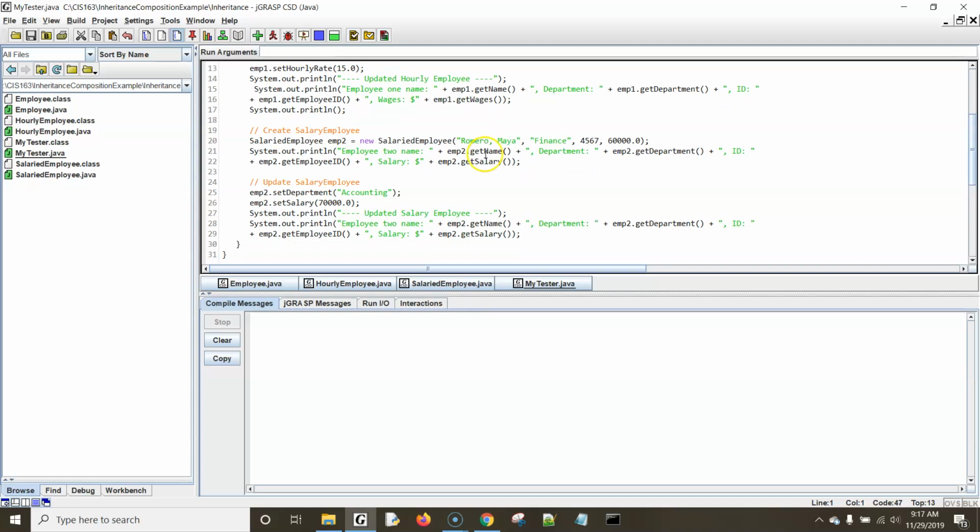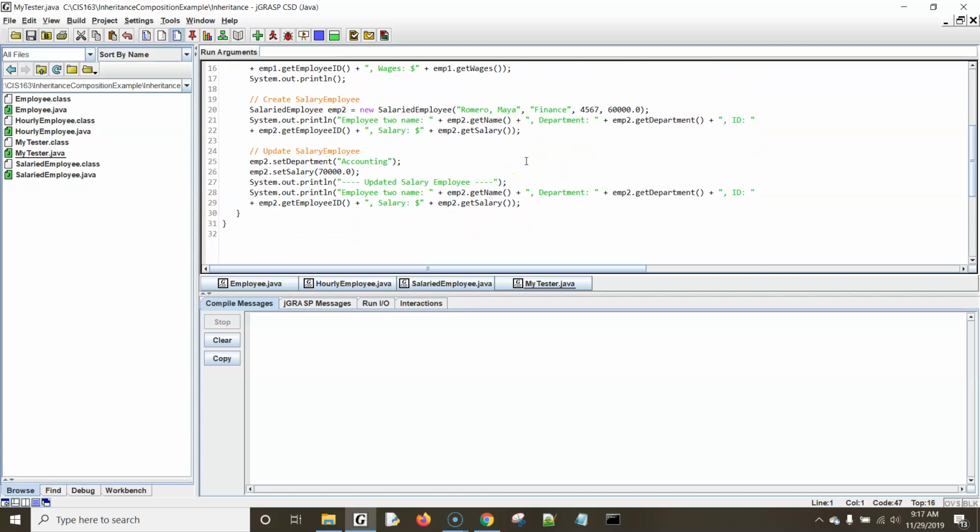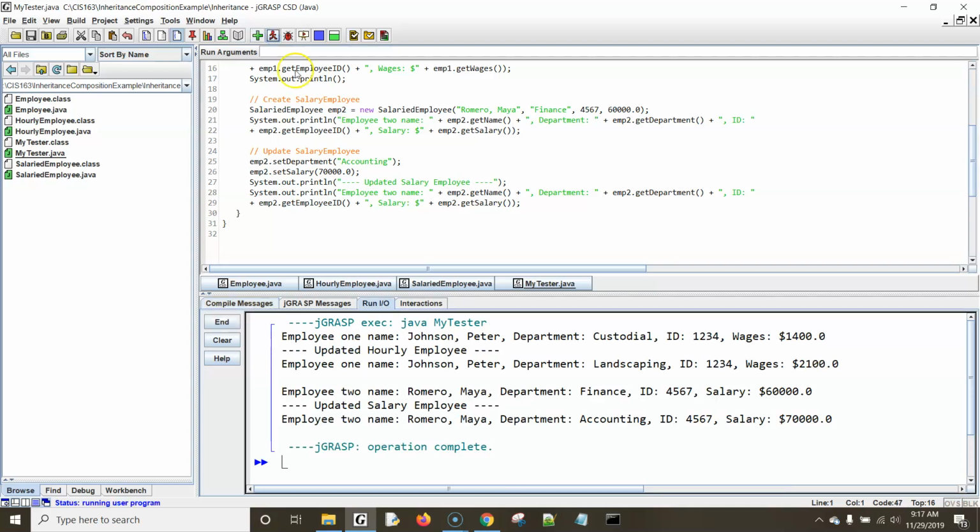And we're doing the same thing for Maya Romero. She works in finance. Her ID is 4567. Her salary is $60,000. We're using the get methods to display the information, and then we're updating her department and her salary. So if I compile and run my tester program, we have Peter Johnson, first custodial,